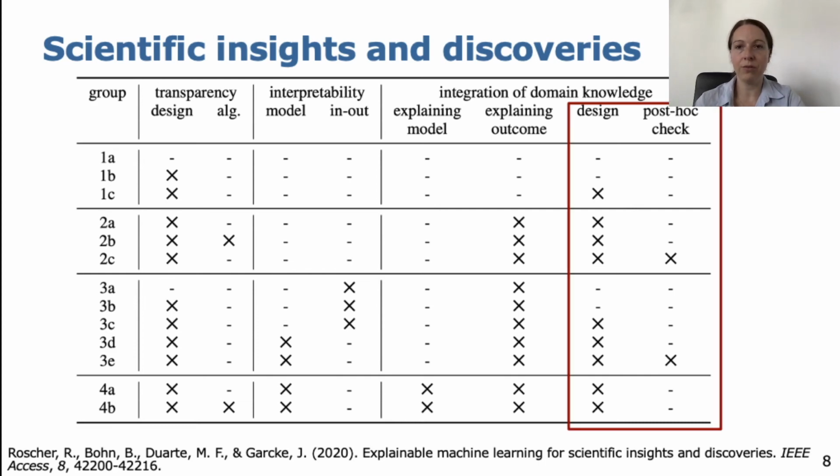The first finding is that very often domain knowledge is involved in this design process, but not so often as actual prior knowledge in order to ensure a scientifically consistent solution. So, for example, when we know we have spatial patterns, we use convolutional neural networks, but if we have specific information about the spatial patterns, it would be good to integrate them in the whole learning process. So it's good to combine informed machine learning with explainable machine learning.